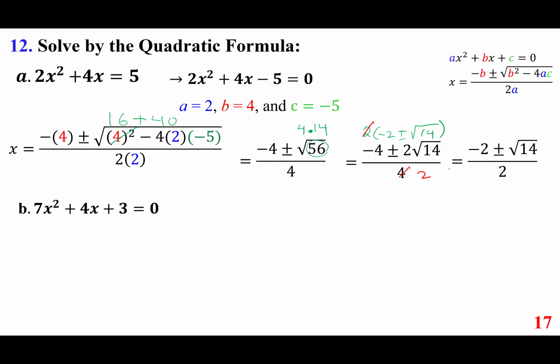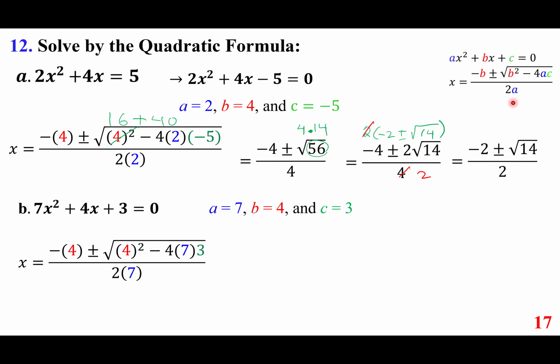7x squared plus 4x plus 3 equals 0. And we write a is 7, b is 4, c is 3. Now we're going to plug in. Minus b, that means minus 4, plus minus the square root of b squared, that means 4 squared, minus 4 times a, which is 7, c, which is 3, and